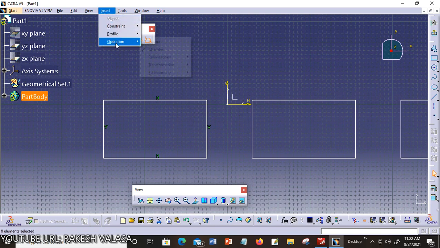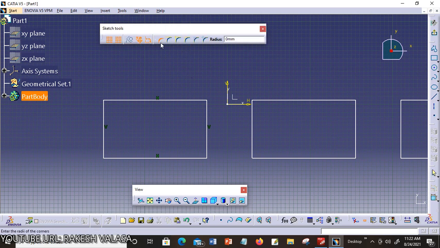Now in this I am choosing the corner option. You can see here it displays 6 options. First one by default is trim all elements, second one trim first element, third one no trim, fourth one standard line trim, fifth one construction line trim, sixth one construction lines no trim. Another option is radius. You can enter the radius in this Sketch Tools toolbar.